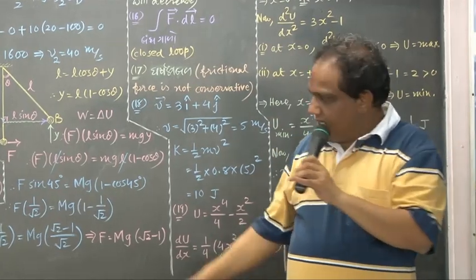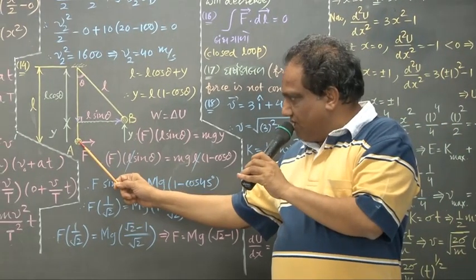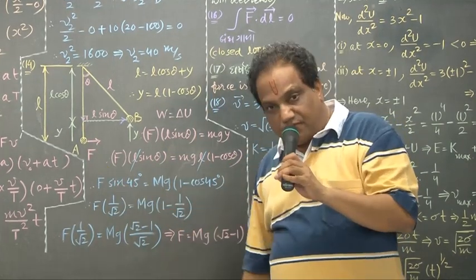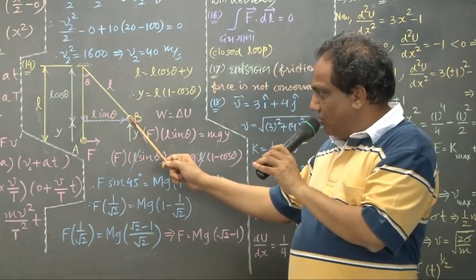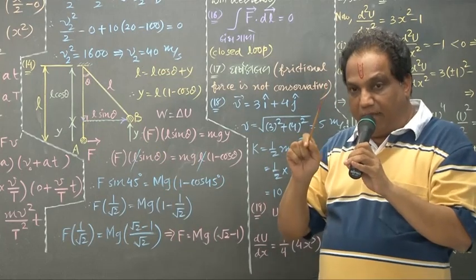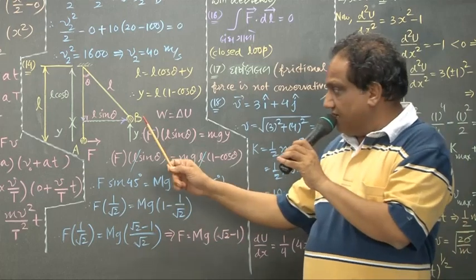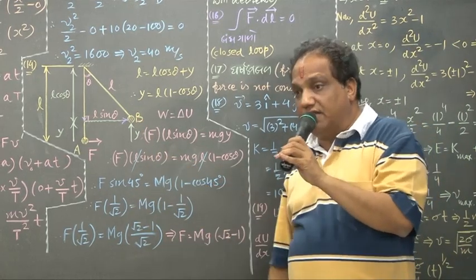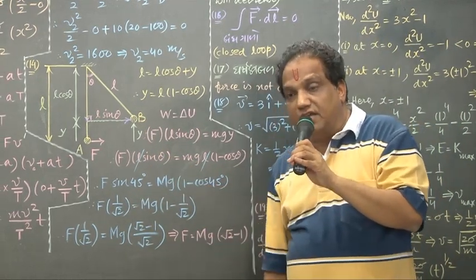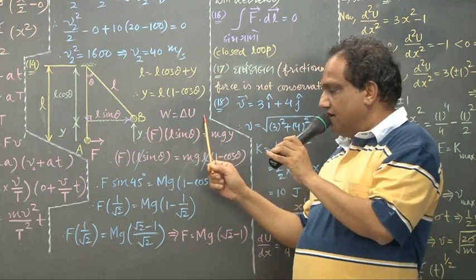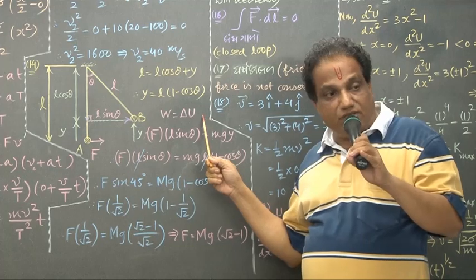Before you applied the force, this bob was at rest, so the initial kinetic energy was 0. And as I said, this is the end point of the path, where the body comes to rest for a moment. It becomes stationary here, so the kinetic energy is 0 here also. So what is the change in kinetic energy? 0 minus 0, that is 0. So you should not write delta K here, because its value is 0.